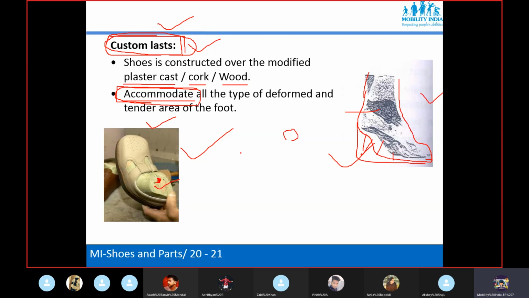You will have a session on that later. Sir, I can understand that the term is over correction. You are not able to understand? Yes, sir, over correction. Okay, I will draw it here. Suppose this is the foot.